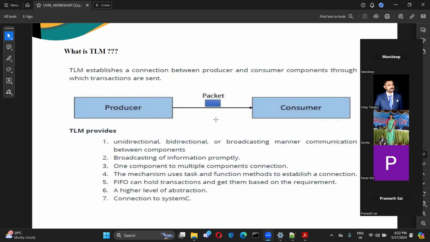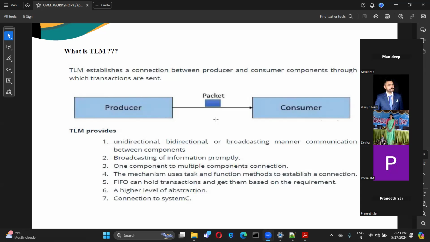So in TLM, we have different kinds of ports. One is the analysis port. We have simple TLM ports and exports, and we have something like TLM FIFO. So we have different kinds of things for different applications. The analysis port is used if we have a requirement to send from one component to many, meaning you are trying to broadcast, doing a one to many connection. In that case, it is preferred to take the analysis port. Otherwise, you can take the TLM ports, or otherwise the TLM FIFO ports.